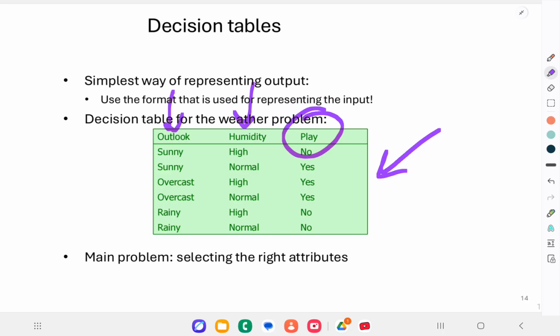The decision table works by laying out combinations of attribute values and their corresponding predicted outcome. When a new instance comes in, say outlook is sunny and humidity is normal, we can look it up in the table and retrieve the predicted class, which in this case is yes. What makes decision tables powerful is their simplicity. They're easy to read, easy to implement, and fully transparent. The problem is if you have too many features, then the table becomes really bloated.